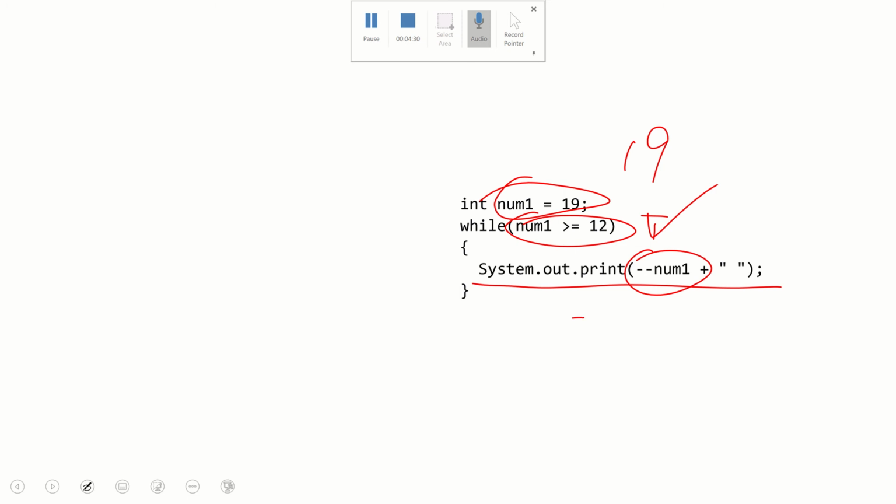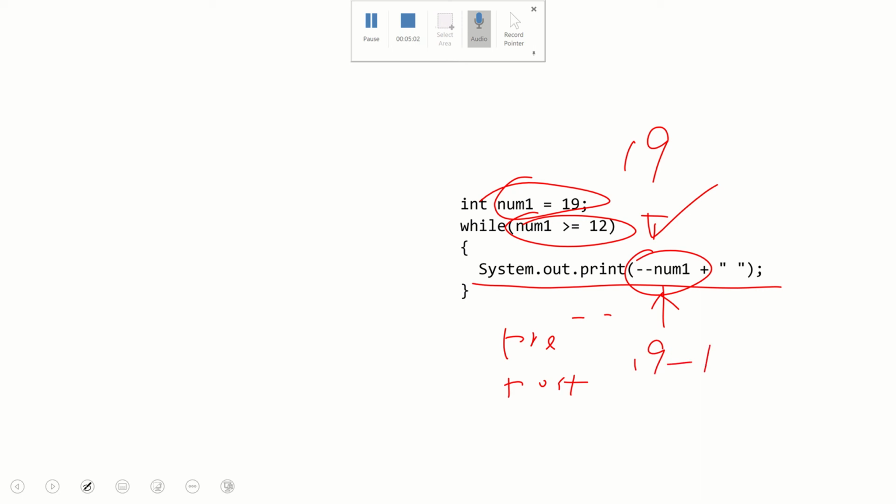Here I test you on prefix and postfix. What does that mean? Is this prefix or postfix? Think about it. So this is a prefix, right? Once you do prefix, we will print the updated result. What's the updated result? It is